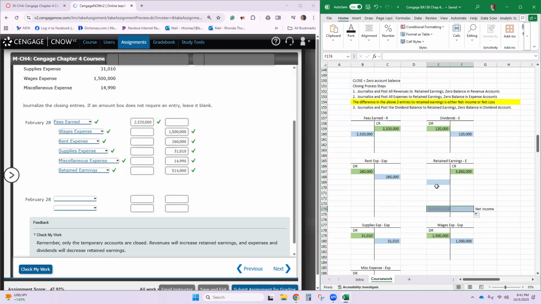This was all of the expenses, right? So if you put in all the expenses here, okay, and then